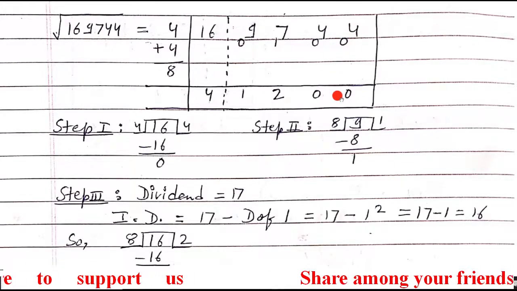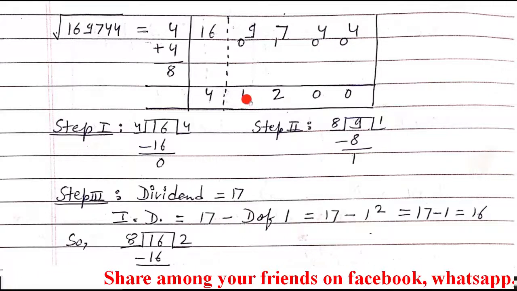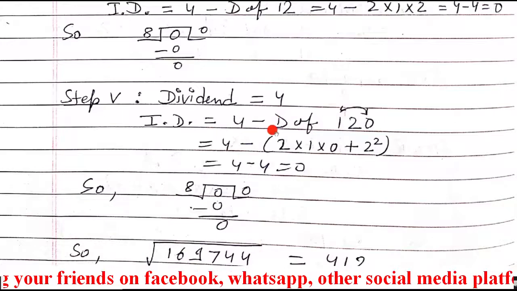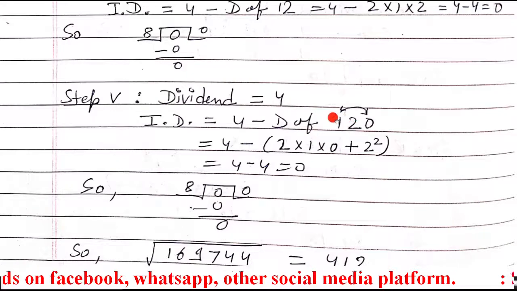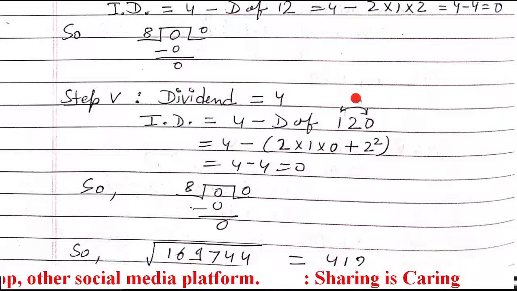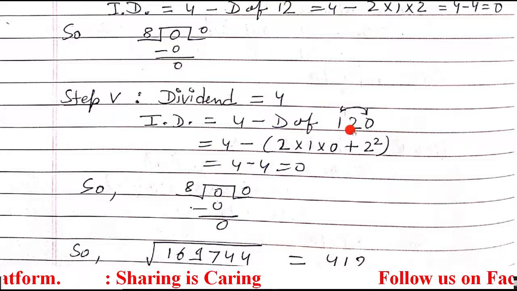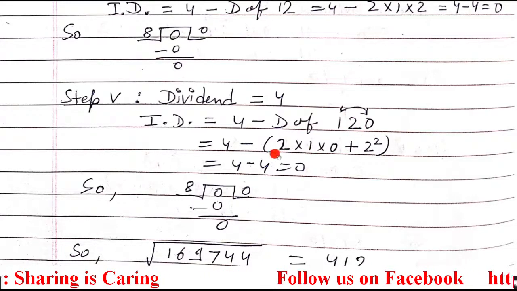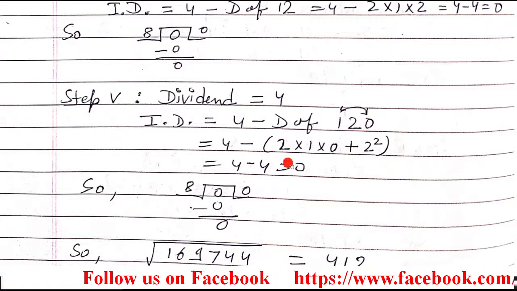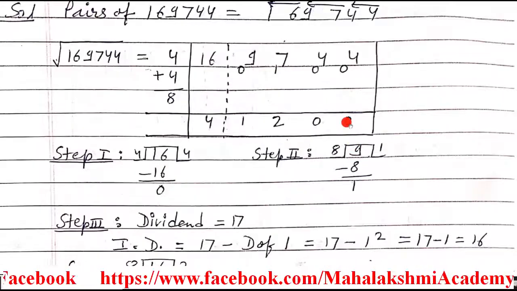Now before this column and after the dotted line we have 3 digits, 1, 2 and 0, so this is 120. To improve this 0, 4, that is 4, we have to subtract dvandva of 120. We make the pair from the extremes. So 1 and 0 are in the pair. Since it is a pair, we take 2 multiplied by 1 into 0, and this 2 is alone. For a single number, dvandva is its square, that is 2 square. Any number multiplied by 0 is 0, and 2 square is 4. So 4 minus 4 is 0. Now 0 divided by 8 is 0, so we obtained quotient 0.